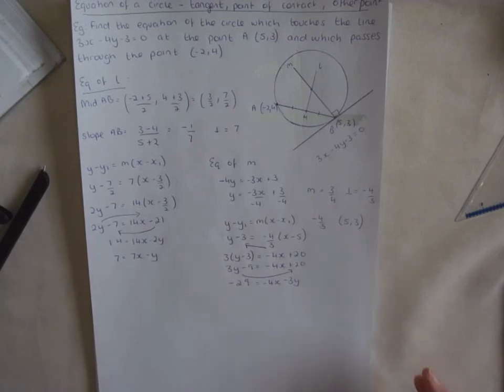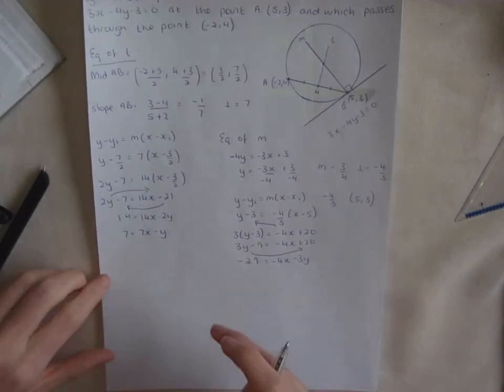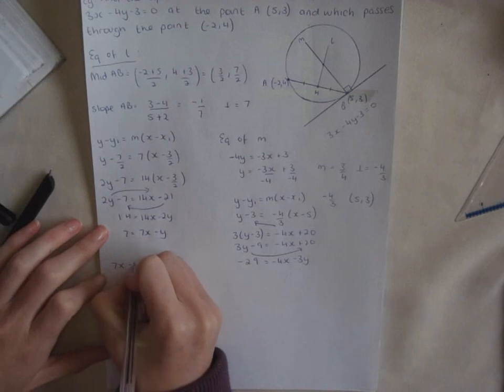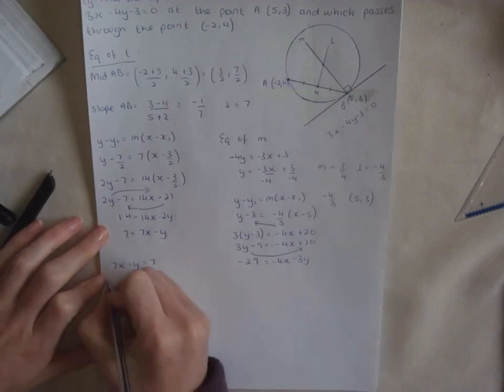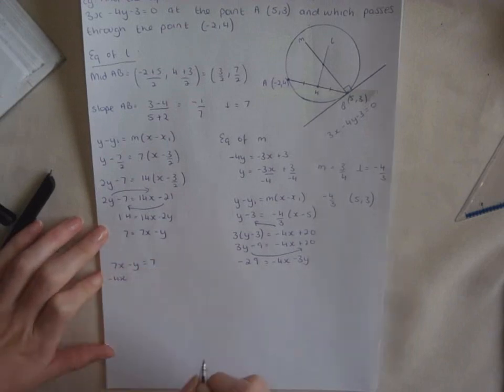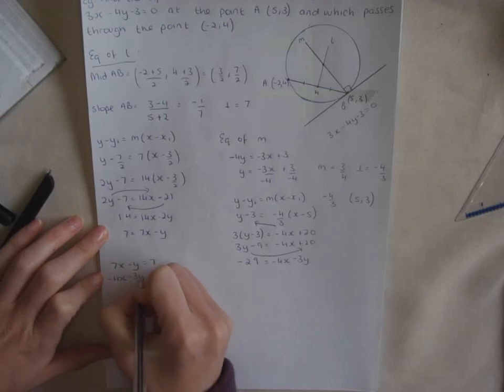Now I'm going to do simultaneous equations with these two. So 7x minus y is 7, and minus 4x minus 3y is